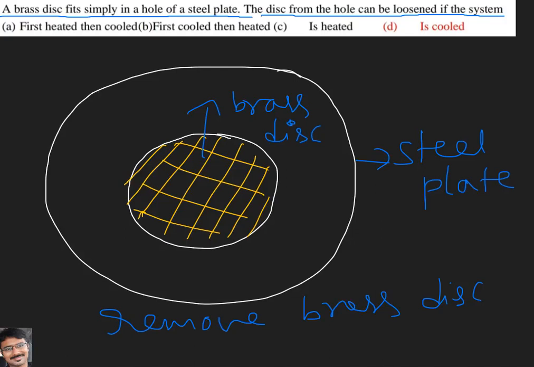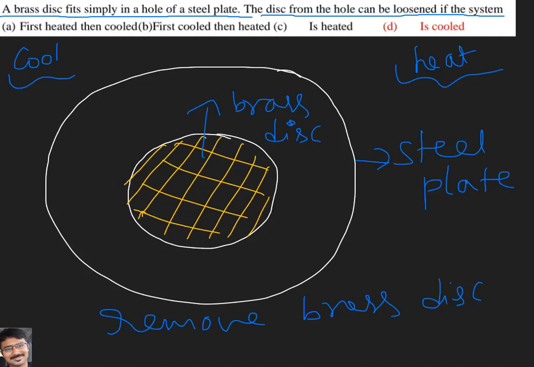So what should we do to remove the brass disc from the steel plate? Two cases we'll observe. Suppose we heat, what will happen? If we cool, what will happen? We'll check. If you heat and cool the total system,